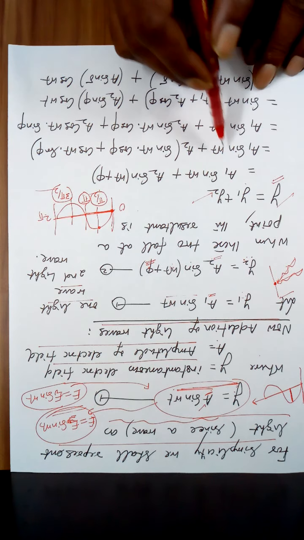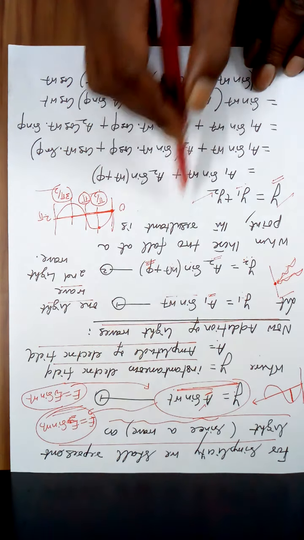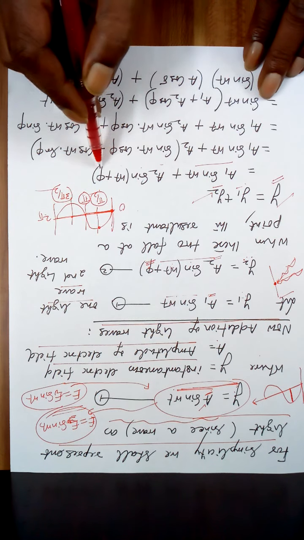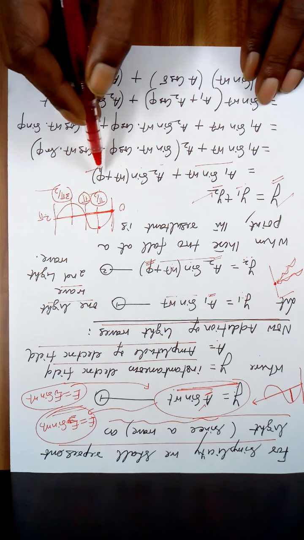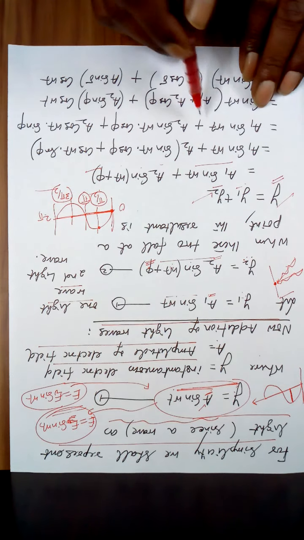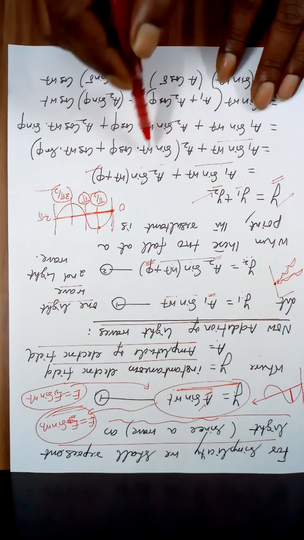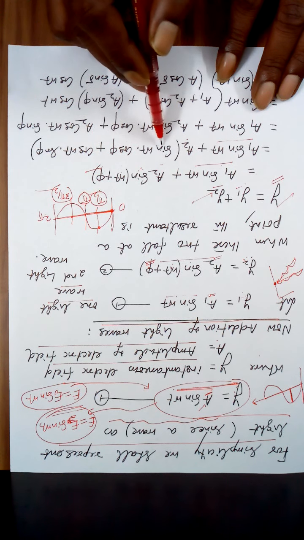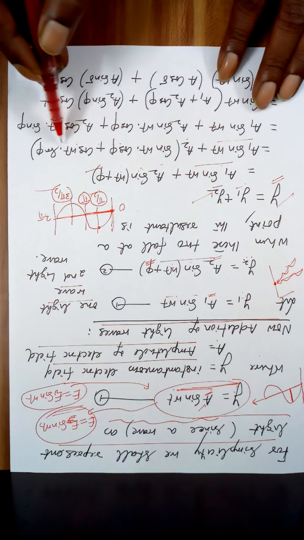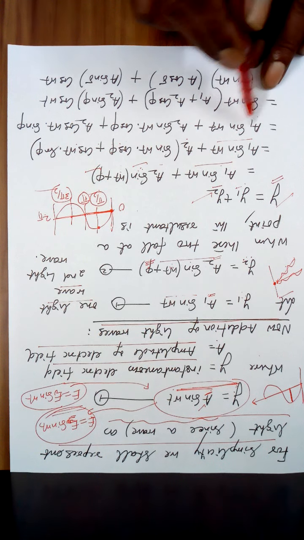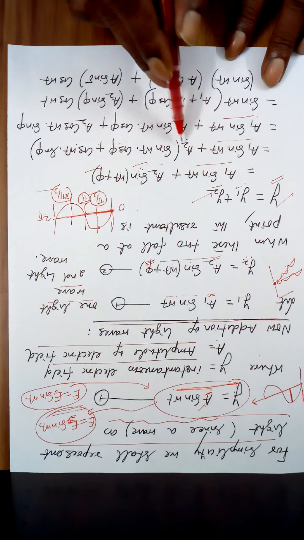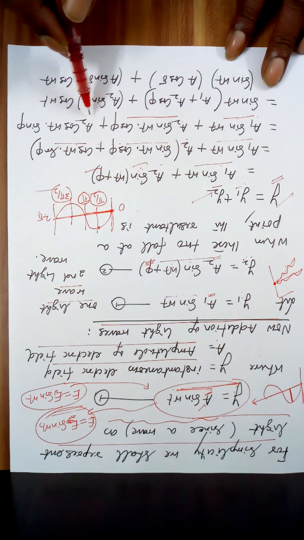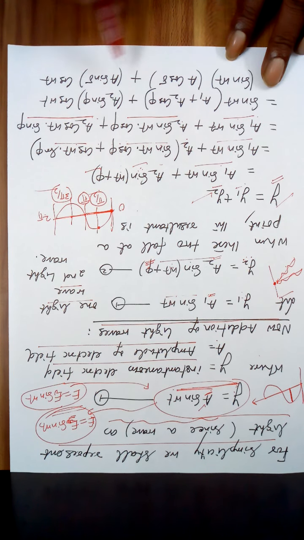Now it is very simple. For y1 I write A1 sin omega t. For y2 I write A2 sin(omega t plus phi), where phi is the phase difference between these two waves. This remains the same, A2. This comes under the formula sin(a plus b): sin omega t cos phi plus cos omega t sin phi. I multiply A2 with this and with this. So A2 sin omega t cos phi plus A2 cos omega t sin phi.